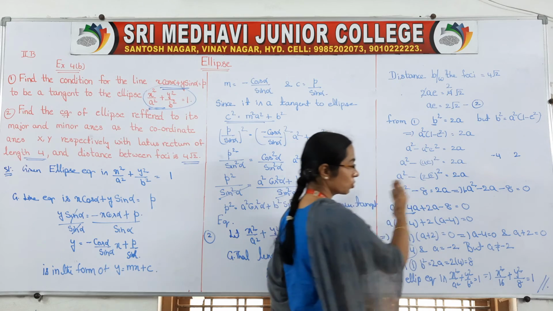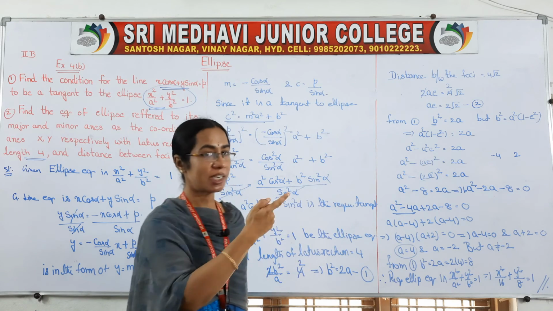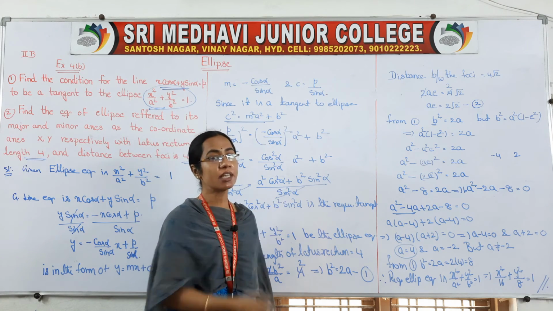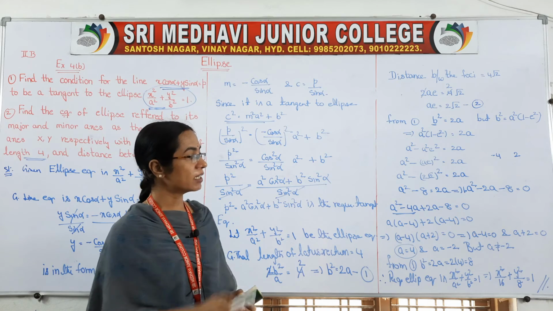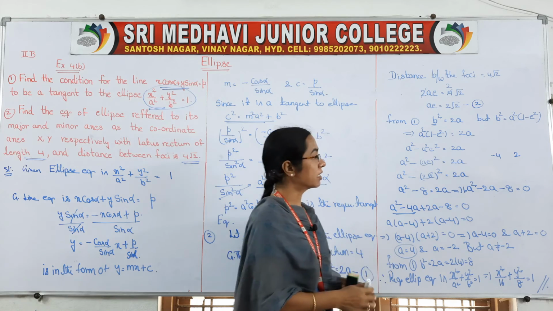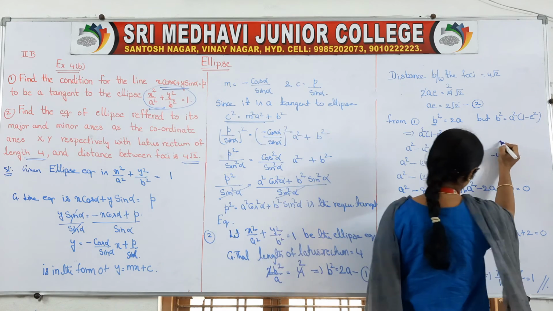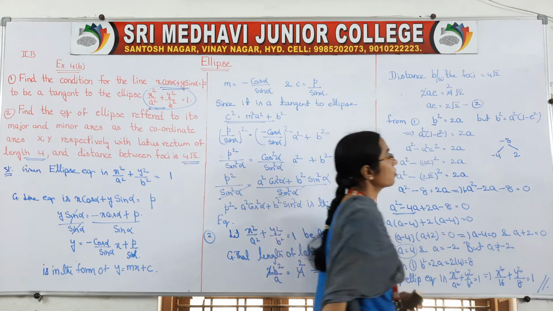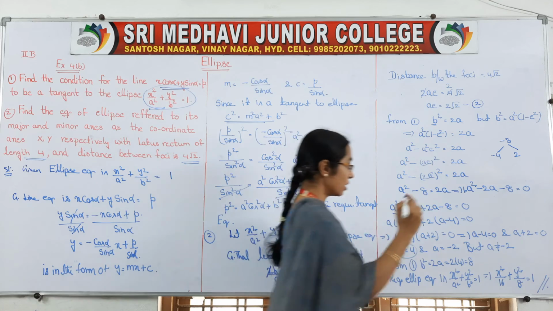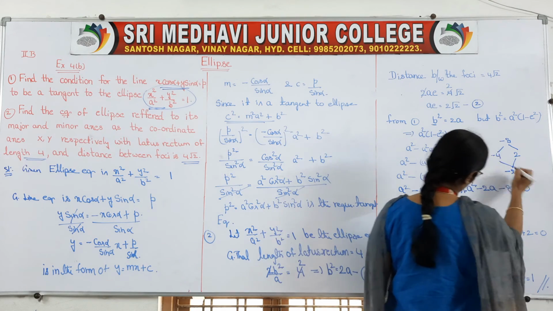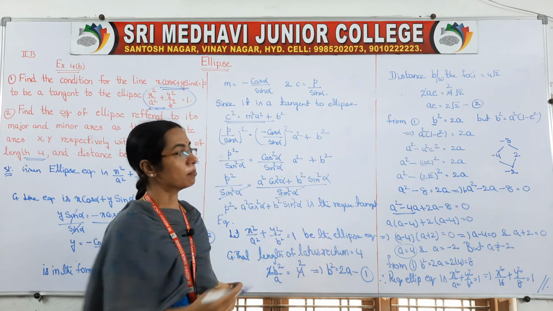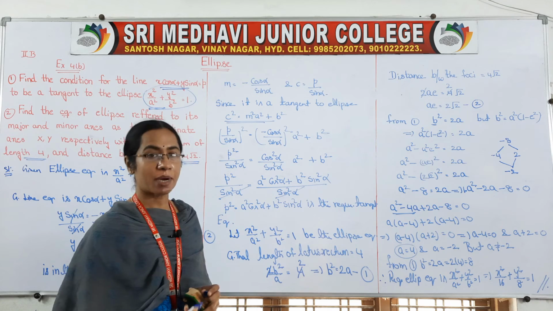So, bring this 2a to this side, then we have one quadratic equation, isn't it? a square minus 2a minus 8 is equal to 0. Try to get the factors. How do we get the factors? Multiply this minus 8 with the 1, you will get minus 8. So we have to select two numbers whose product is minus 8 and whose sum is minus 2. If I take minus 4 and 2, minus 4 into 2 is minus 8, and if you add, it is minus 2.